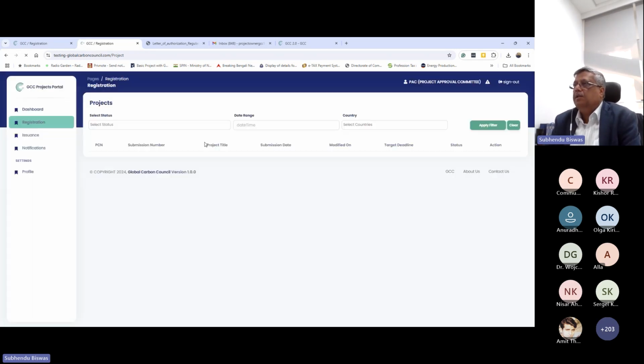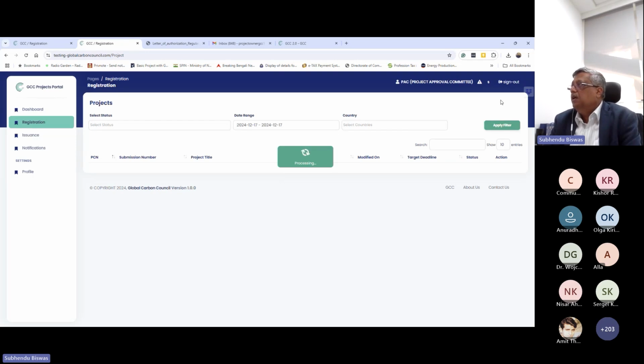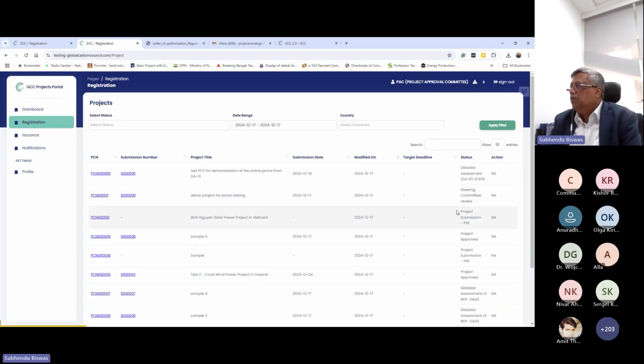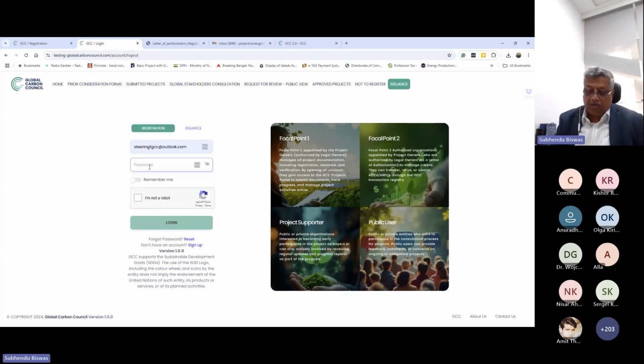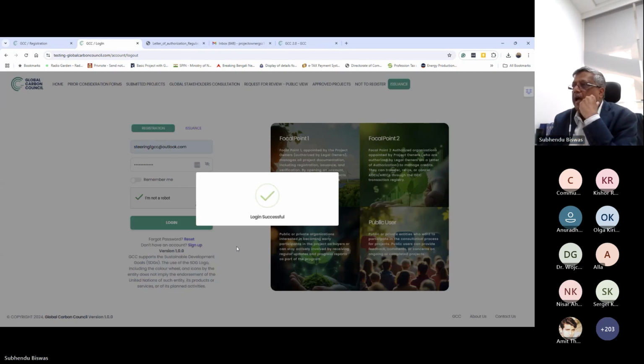Let the steering committee decide on the project activity. So the project has now gone for steering committee review. So let's come in as a steering committee member. Say steering committee member number 1 logs in. And just for understanding, what will happen is each of these roles that we have created and each of